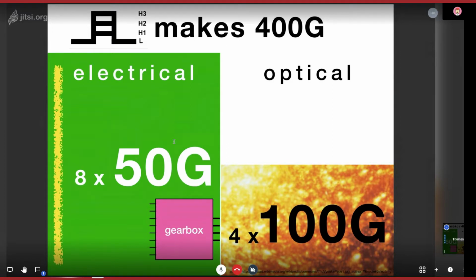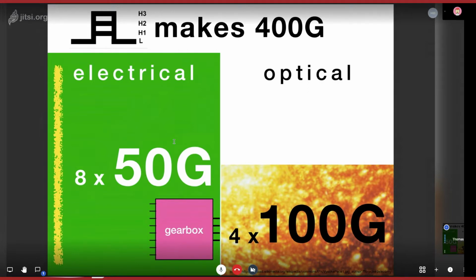And these 4 lanes then drive optical engines, transmitters and receivers, 4 pieces each of them. So there might be the question now and say, well, hey, why do we place a gearbox? It's a chip, it's expensive. Why don't we just increase the frequency on the electrical side? In theory, this would be possible, and in practice as well, but no one wants to pay for that, because